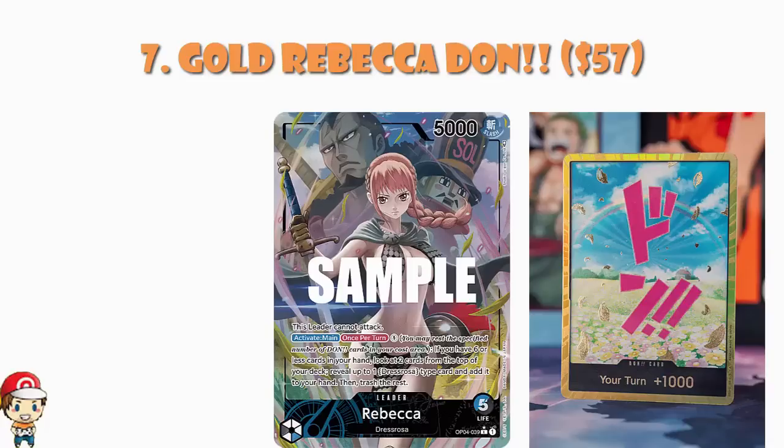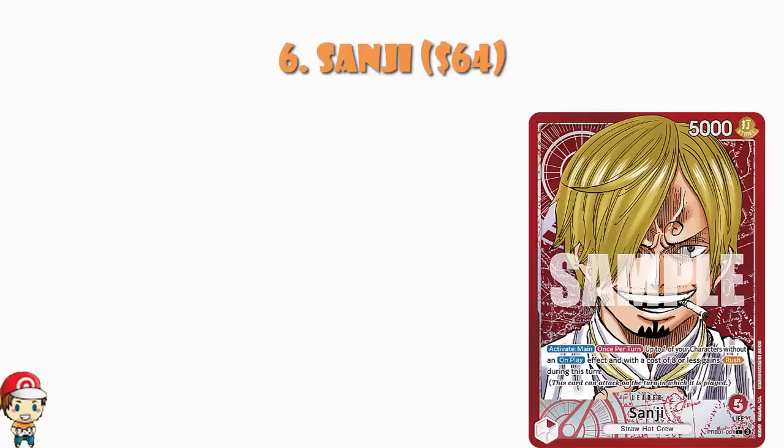In at number 6, we've got the leader Sanji alternate art. And this is coming in at about $64. And this is a card I very much hope I can pull from the set. This is cool. It is a very nice card. It's a proper manga rare. Oda artwork and everything. It's the only leader in the set, and it is maybe my favourite leader in terms